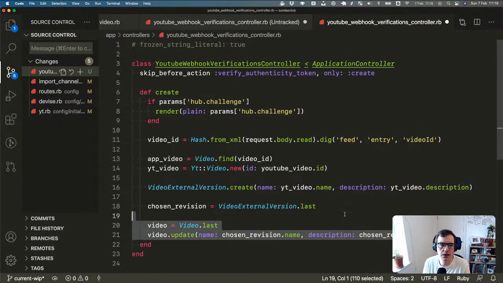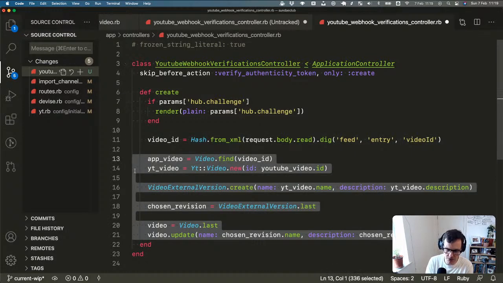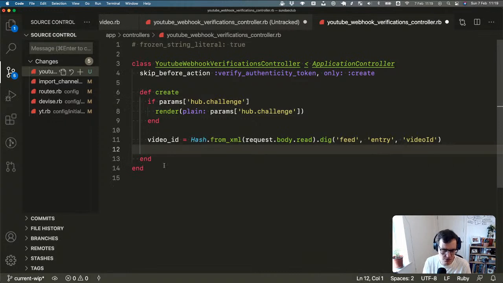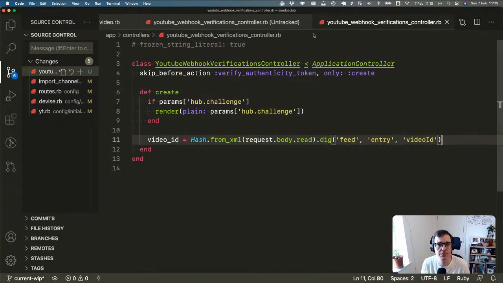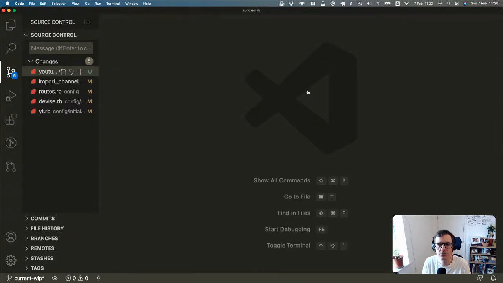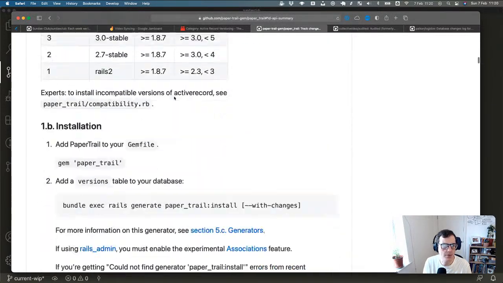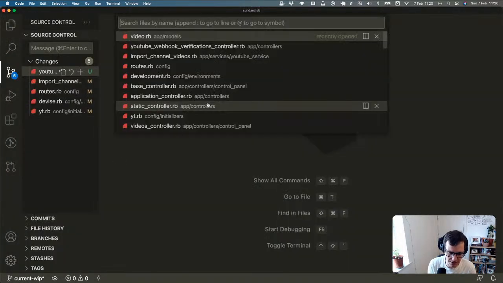Okay, let's go back. We're not doing anything with that, I don't think, so those can all go. Let's get PaperTrail up and running. So let's do the easiest version of what I just described. Easiest in inverted commas. Let's go and get PaperTrail installed on this app because let's get something productive. I mean, we've just been looking at stuff for this whole time. I did say we were going to take it easy though because it's a